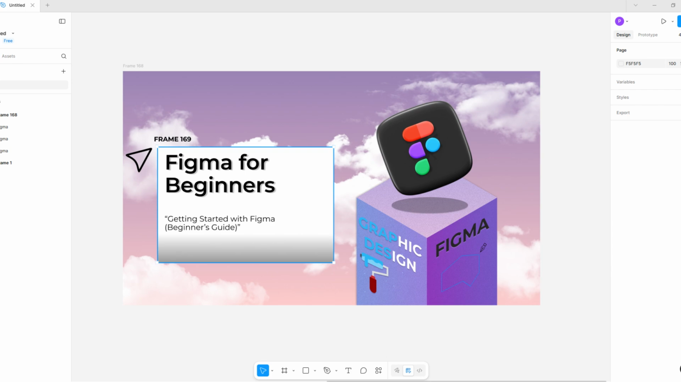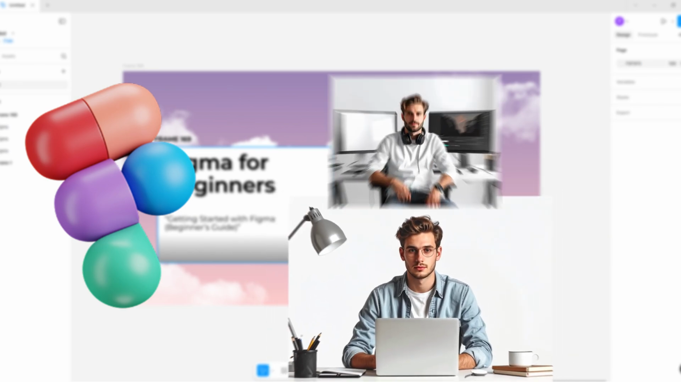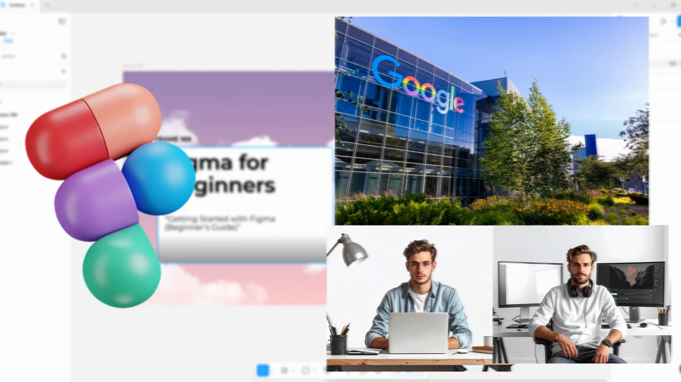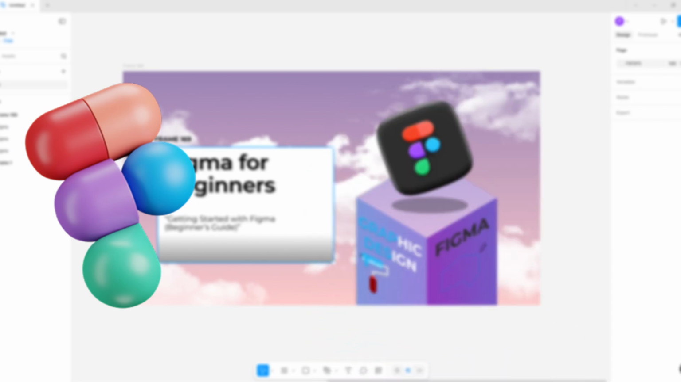This course is designed so that even if you've never opened a design tool before, you'll be able to follow along step by step and create your very first projects. Figma is a tool used today by both beginner designers and professionals at major companies. It's easy to learn, works directly in your browser, and gives you access to countless features for creating website and